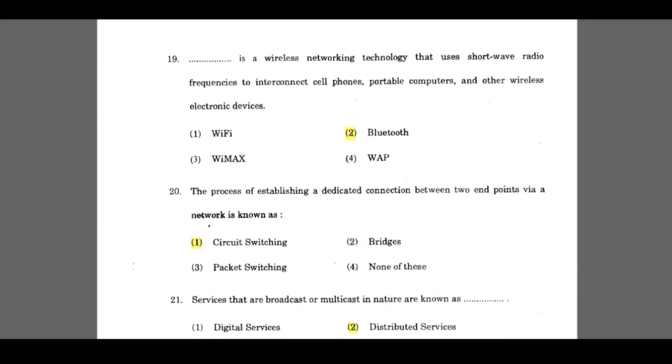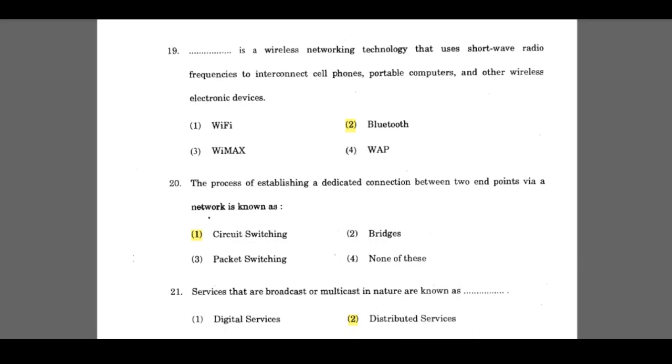19. Dash is a wireless networking technology that uses shortwave radio frequencies to interconnect cell phones, portable computers, and other wireless electronic devices. Bluetooth. 20. The process of establishing a dedicated connection between two endpoints via a network is known as circuit switching. 21.